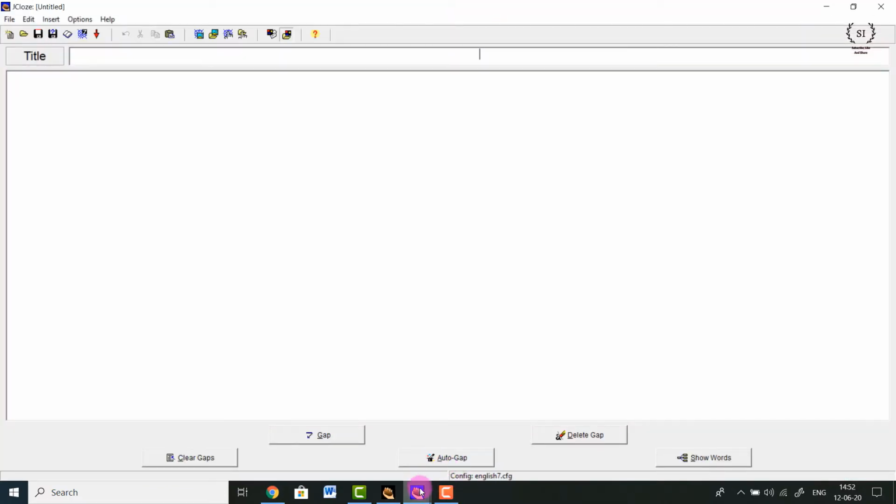When you click it, something like this appears. It's a very simple kind of interface. What you need to do is type an entire paragraph for your students and select certain words from those paragraphs and replace them with blanks. Now the students need to fill in those blanks with the help of some clues which you will provide to them.